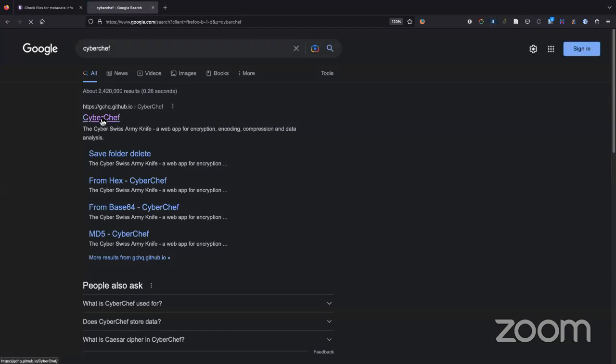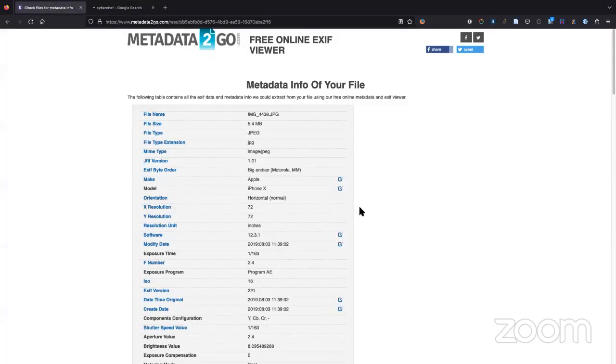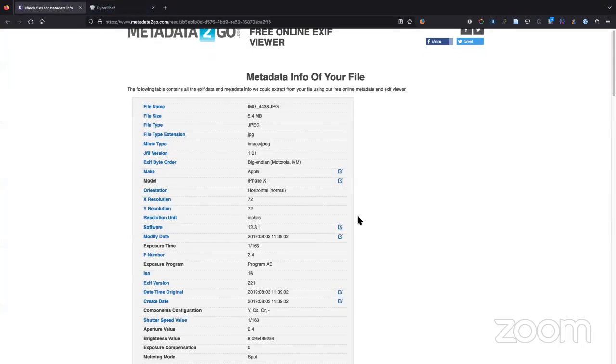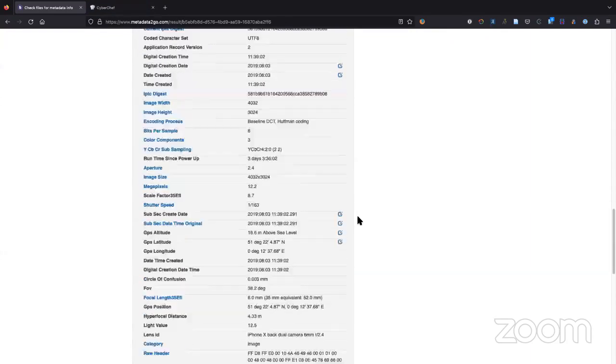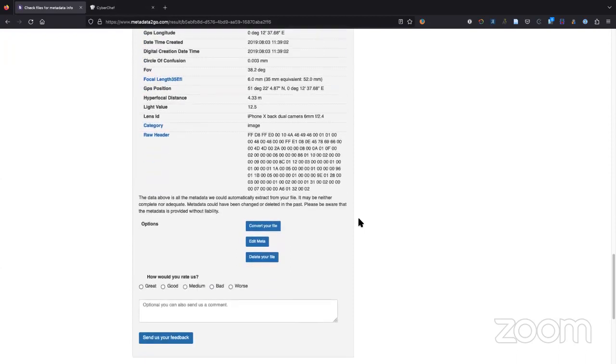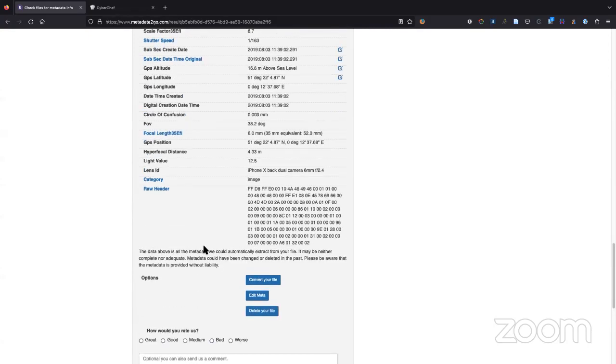And we are going to open up CyberChef as well, that we'll talk about here in just a moment. But this gives us everything that we get from the EXIF tool within the Linux ecosystem. You can edit it, you can delete the file, which is cool, but nevertheless, there are concerns there.